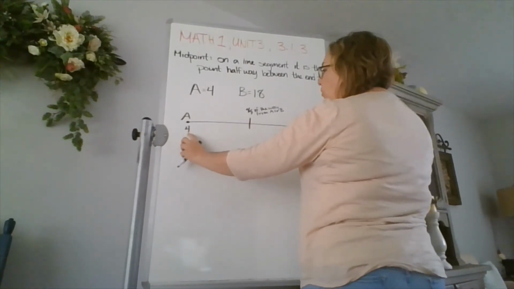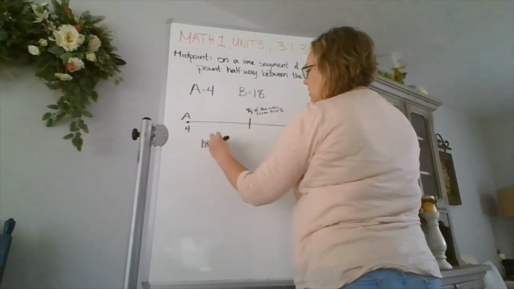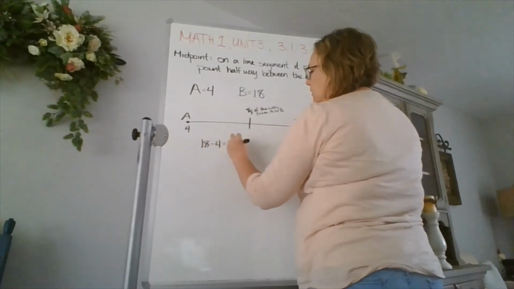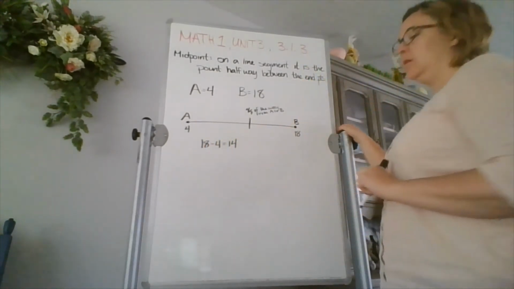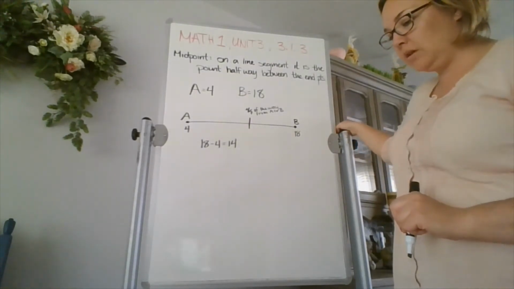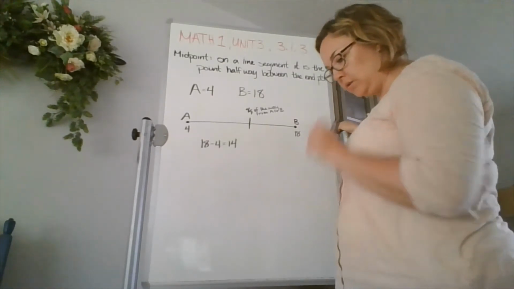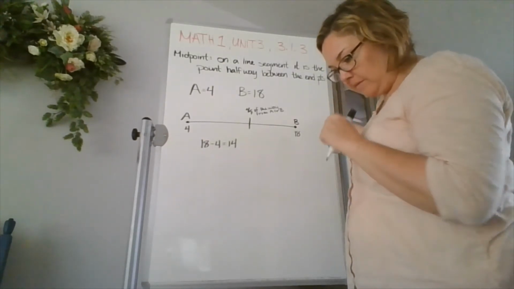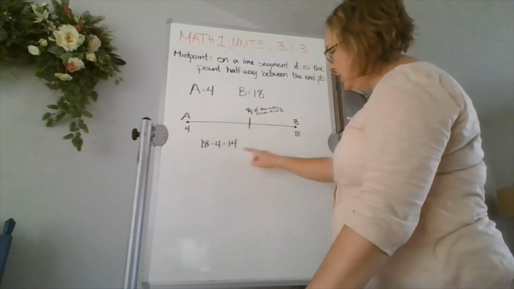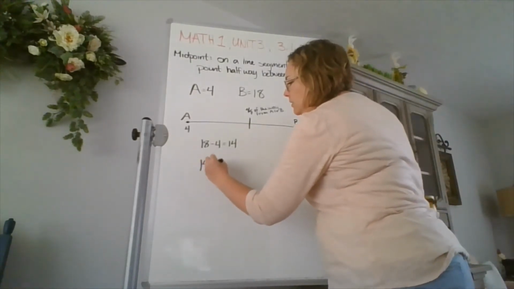then the other way to do it is to first off, find your distance. What is your total distance from 4 to 18? Well, we just need to subtract those two numbers to find our distance. They are 14 away from each other. And now we want to know 4/7 of that. So we are going to take our distance, and we need 4/7 of the total distance. So we'll do 14